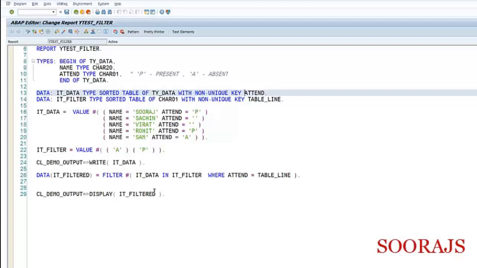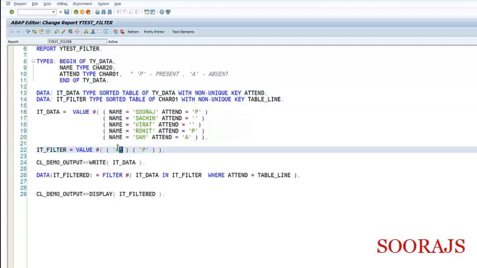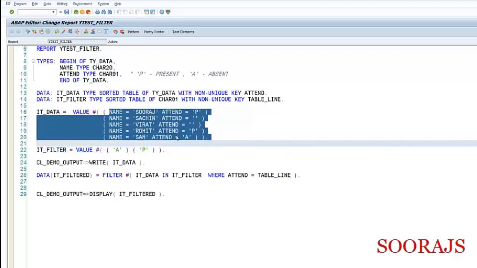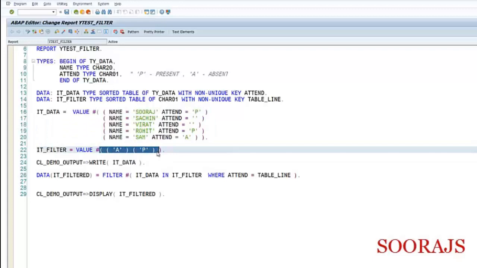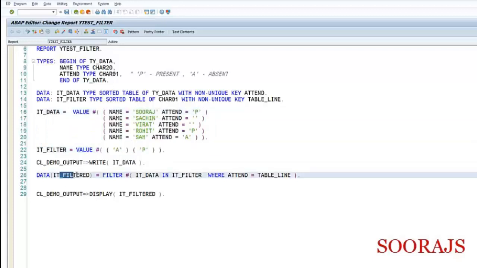So basically, you have seen two types of filtration. One is the simple filtration using a where condition and also an except condition. But here, you have found also how to filter using an internal table filter. Basically, you put this filter over this table and filter out the values which are required, based on this condition. So you got the data finally into IT_FILTERED.